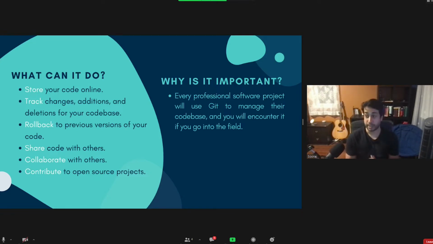It also gives you the ability to roll back to previous versions of your code. Let's say you want to go back to your code from a month ago. You can do that really, really easily with Git. And